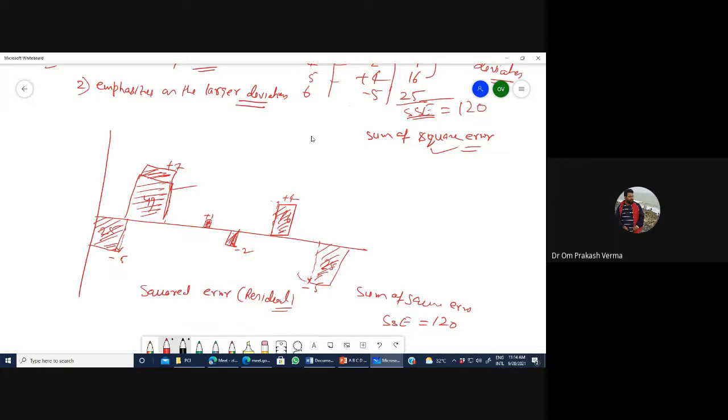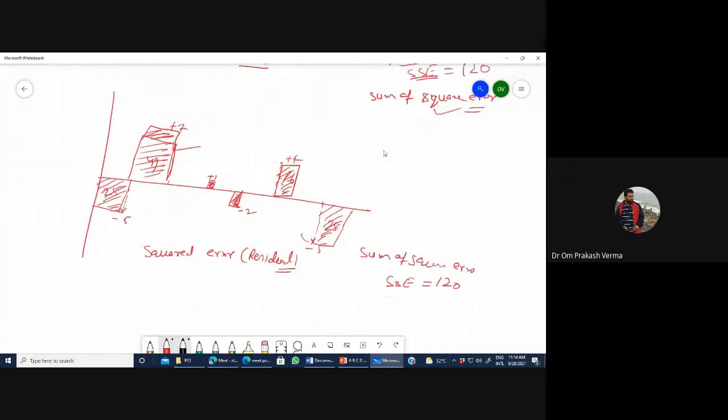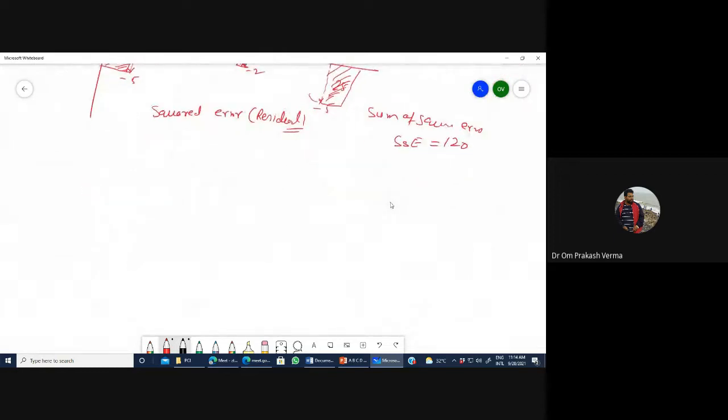Okay. Yes. So now, from the next discussion, the discussion is SSE, sum of square. The goal is very clear.